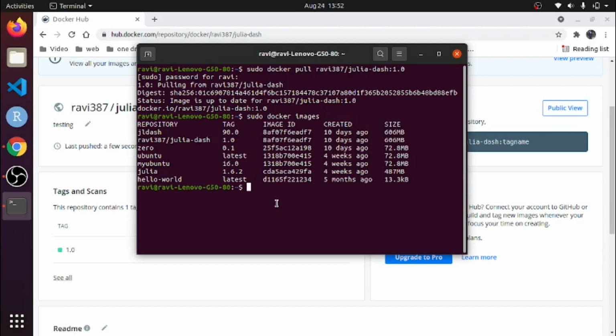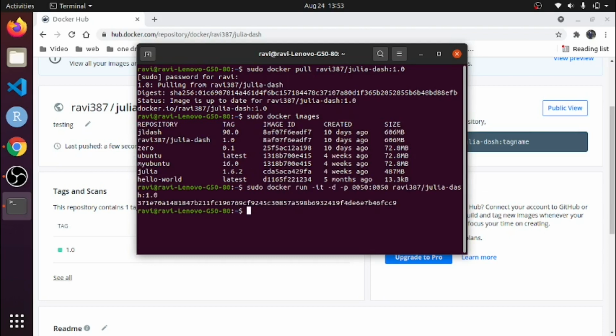Run it. So sudo docker run. My application is running now. Let's check it.